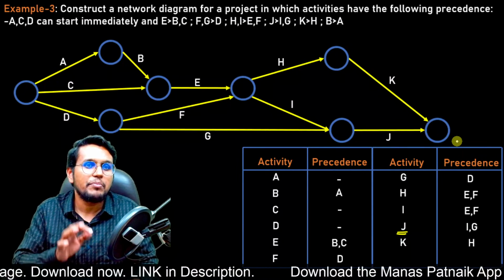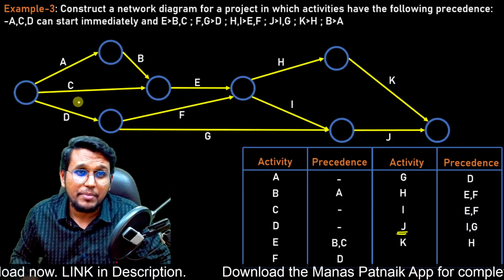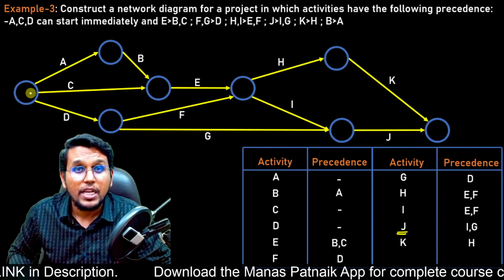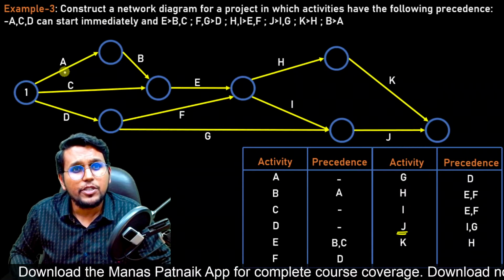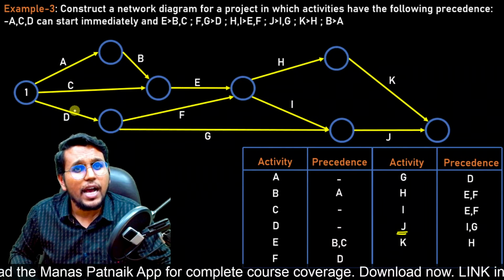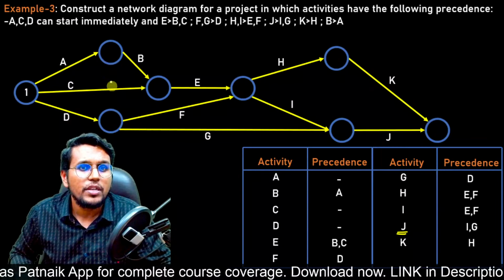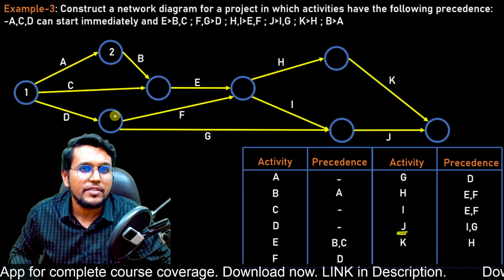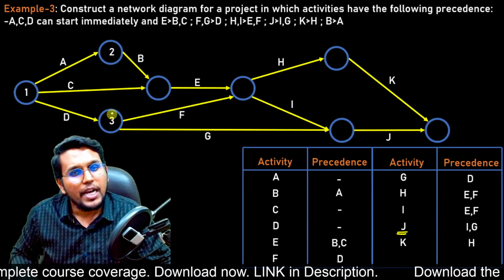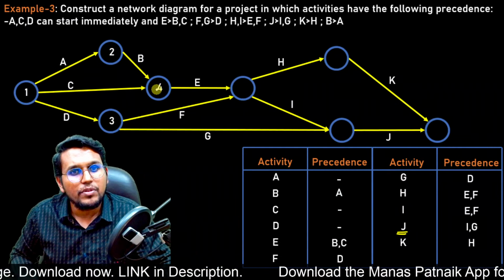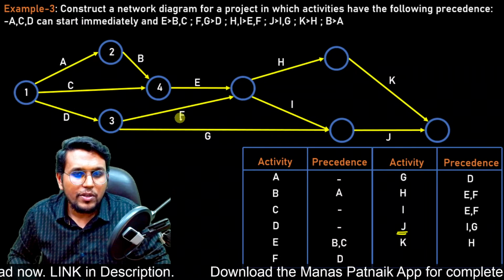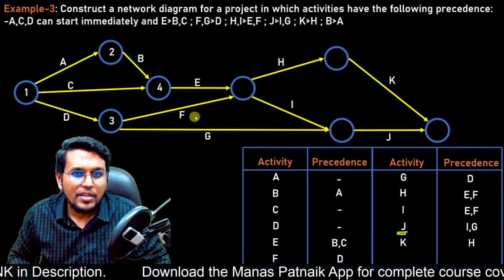Now let us start numbering. Again we will do the same process. Initial event will be coined as 1, and then we will delete all the outgoing arrows. So we have now 2 more initial events, this and this. Let us name them 2 and 3. Again we will delete all the outgoing arrows from 2 first, so this will be 4, and then we'll delete all the outgoing arrows from 3